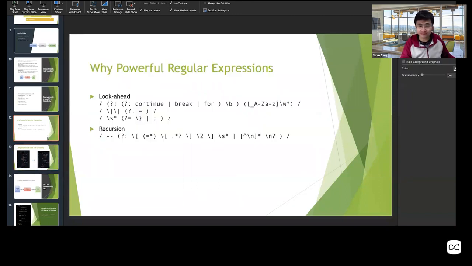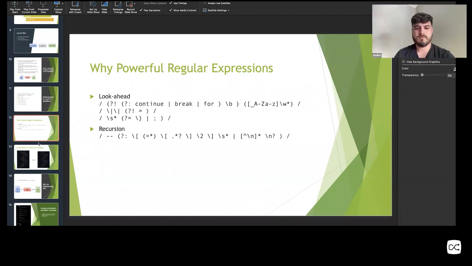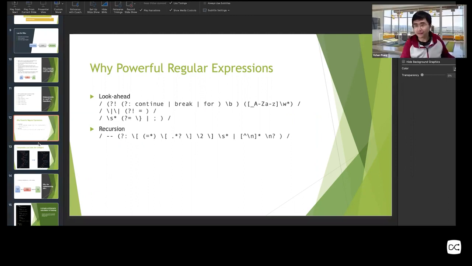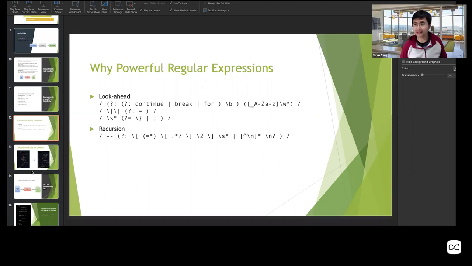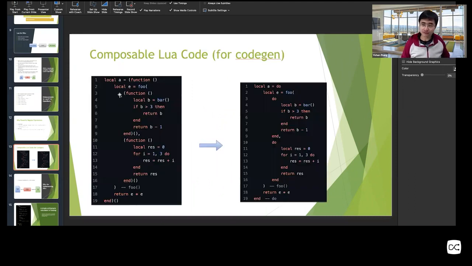Okay, cool. So, recognitions. I just mentioned a few. There may be other features, but these two are the most important ones, which are missing, at least in the standard Lua interpreter's patterns, like string match patterns. But they might be able to emulate that with LPEG. LPEG is more powerful. It's a parser combinator library, like Haskell's Parsec. I have experience with Haskell's Parsec, but I have very little experience with LPEG, frankly speaking. Okay, cool. For composable Lua code, I already mentioned that.